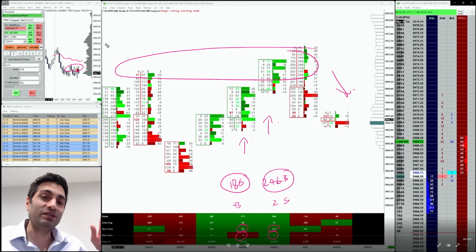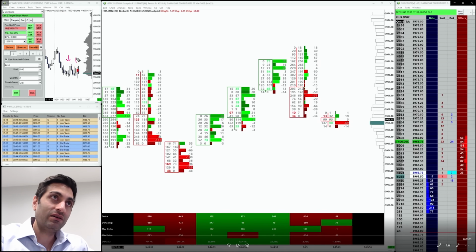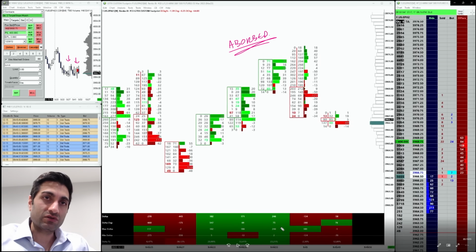It has absolutely nothing. It's actually laughable. It has absolutely nothing to do with why the market moved down. It's because there was heavy buying here, but buyers were getting trapped essentially. So they were being absorbed by sellers. We saw a lot of that here. So, quite heavy buying in terms of a ratio, max delta versus min delta. It just means that the ratio of buying versus selling was very heavily in favor of buyers,